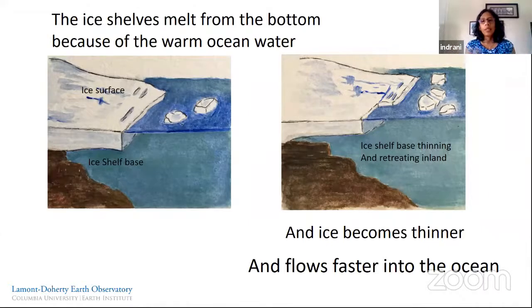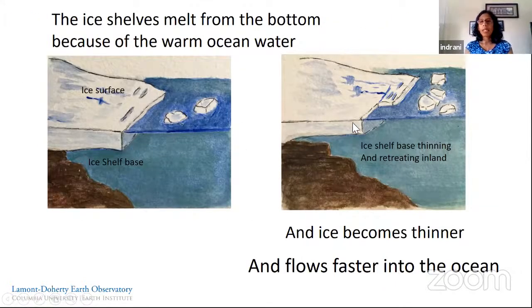And here we'll learn the important mechanisms by which Antarctica loses mass. So the ice shelves are the floating extensions I just talked about. They float out into the ocean. This is the ground. And if the ocean is warm, the pink ocean that I just showed, then it will melt the ice from the bottom.